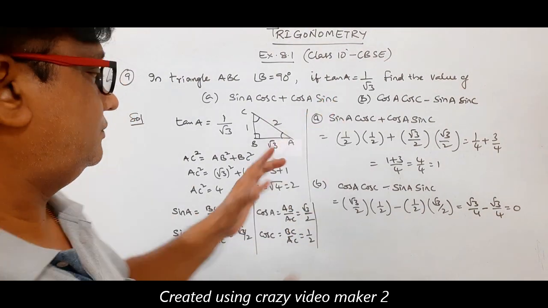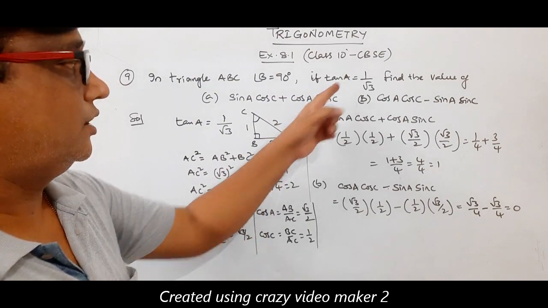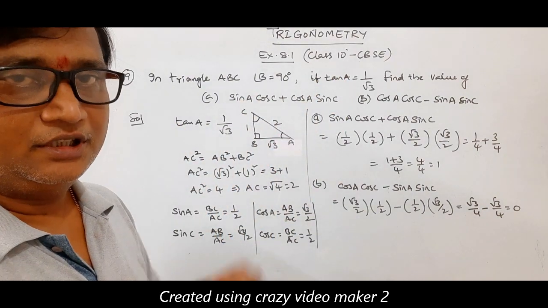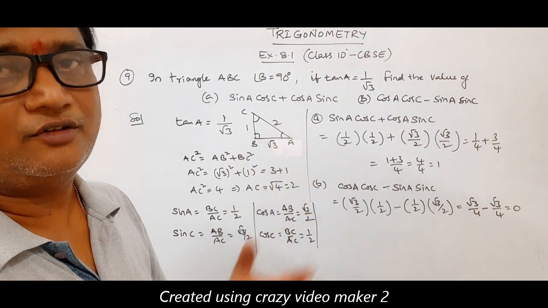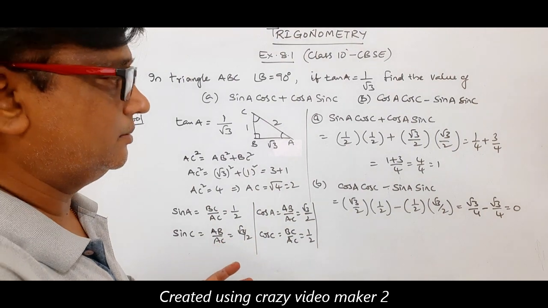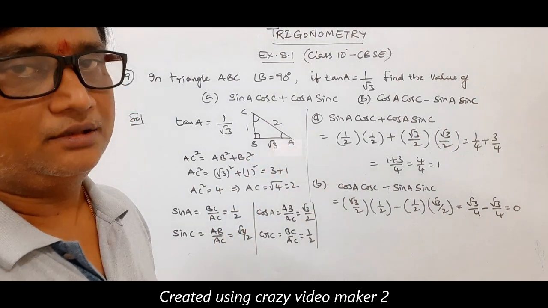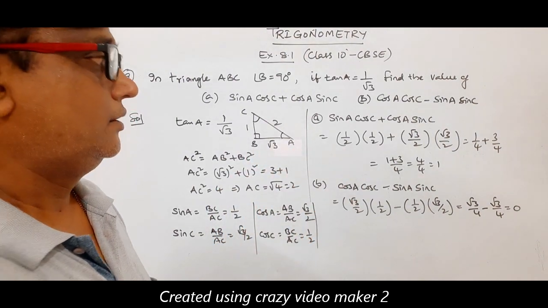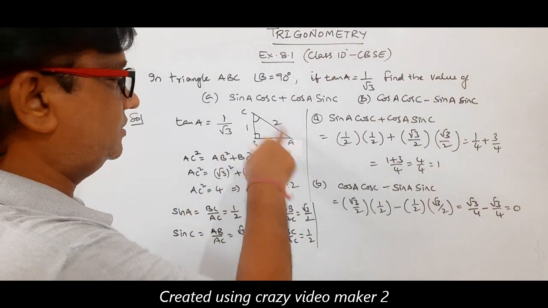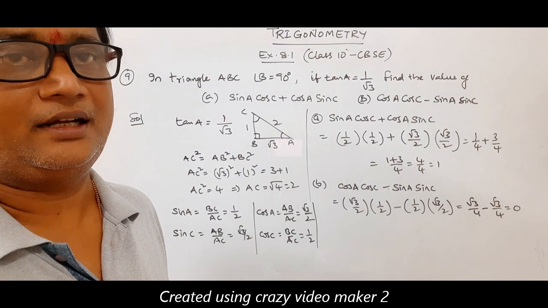In place of this triangle, we can find angle A with the help of the tan A table: tan 0, tan 30, tan 45, tan 60, tan 90. We can take help of that table and write the solution like that also. So in this particular exercise, we want to complete it with right angle triangles.